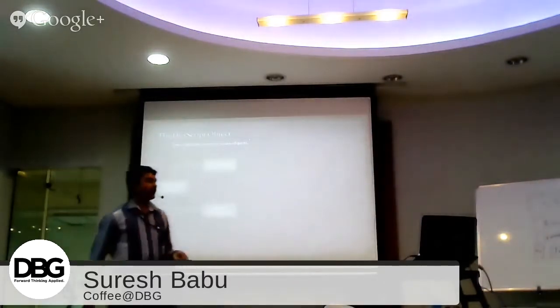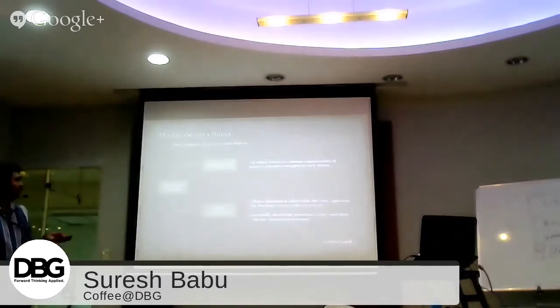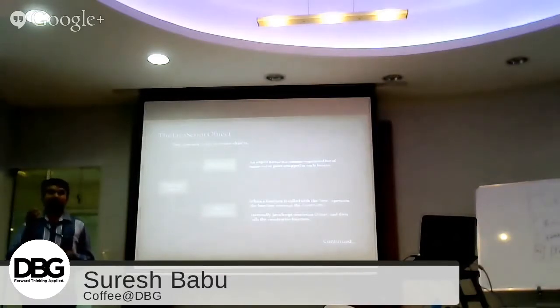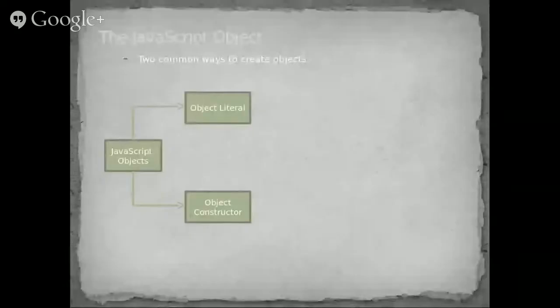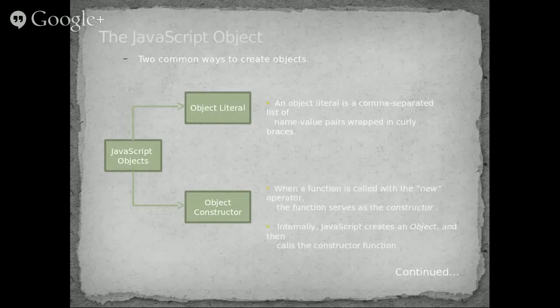The next one is object constructor. In JavaScript, functions are objects. When you call a function with the new keyword, it will serve as a constructor. We know that to create an object, a constructor is a must in other programming languages also, isn't it? So how can we create an object constructor? We need to define a function and use the new operator to call that function, then finally it will create an object. We will check one sample for that.